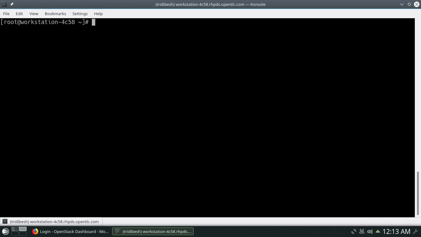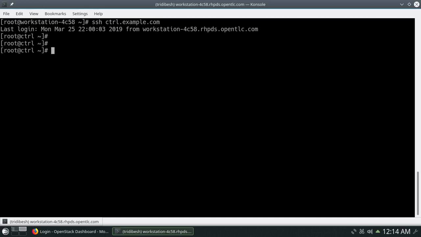So before doing that, we will be logging into the controller node. So please remember, for doing any kind of Keystone related activity, most of the time you will be required to log into the controller node, unless you are having a separate node running with the Keystone components. So let's log in to the controller node. So SSH to that. example.com. So as you can see, logged in.